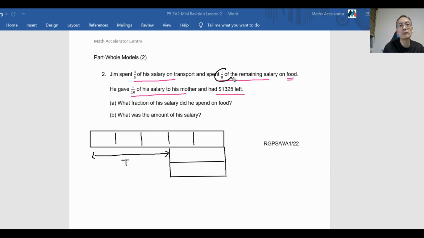One-eighth of the remaining on food means there should be 8 units over here, and 1 unit out of the 8 belongs to food, so we will draw 8 units,